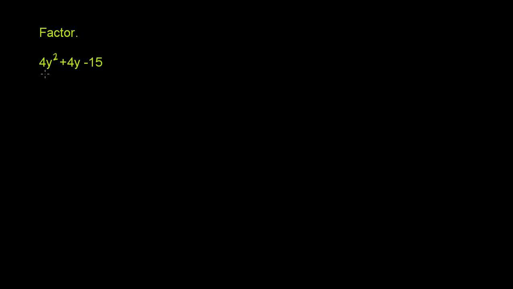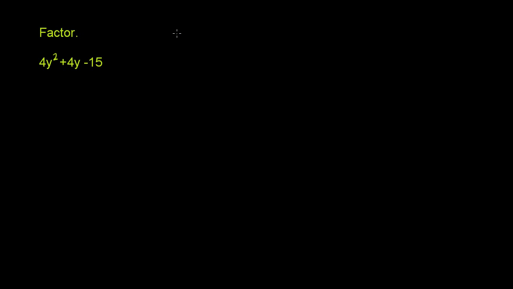We're asked to factor 4y squared plus 4y minus 15. And whenever you have an expression like this, where you have a non-1 coefficient on the y squared, or on the second degree term, it could have been an x squared, the best way to do this is by grouping. And to factor by grouping, we need to look for two numbers whose product is equal to 4 times negative